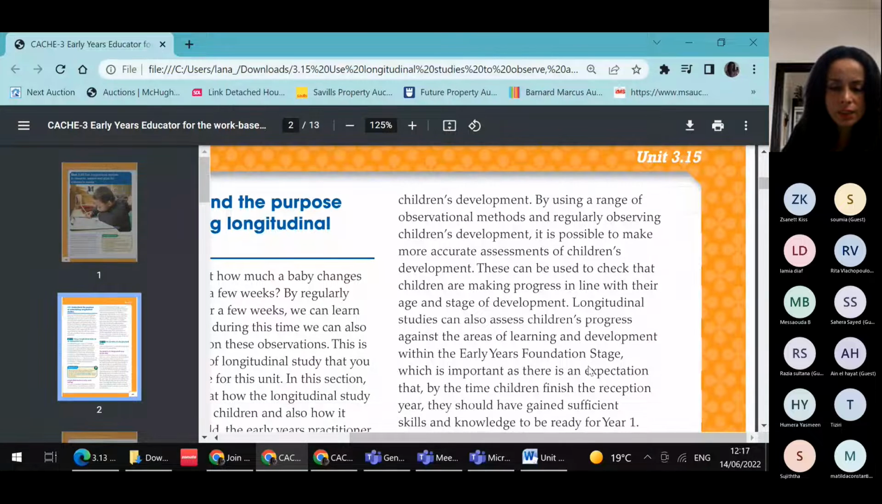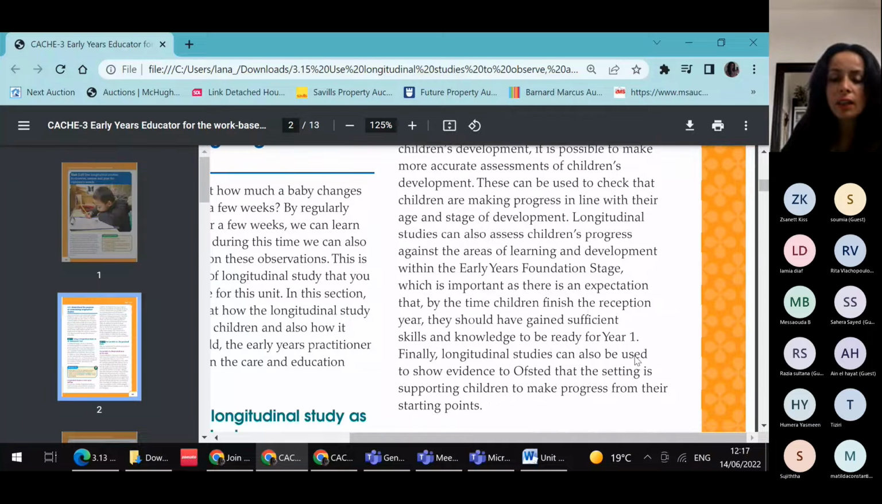And it is important for us that by the time the children finish the reception year, they should have gained sufficient skills. They have knowledge in counting numbers. They should have knowledge in knowing the letters. There are certain activities they need to know. But if they don't achieve this, then the longitudinal study will also help us to show the particular evidence to